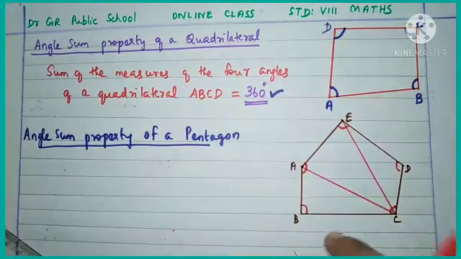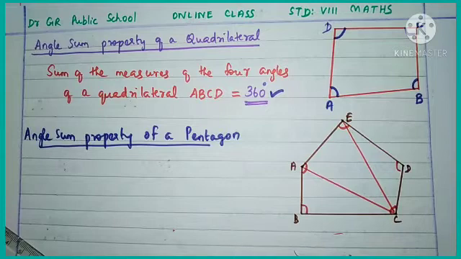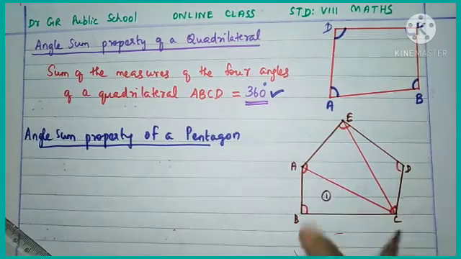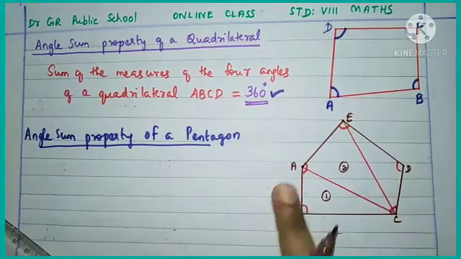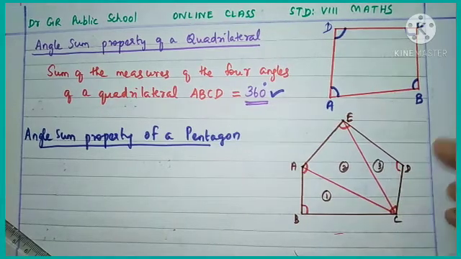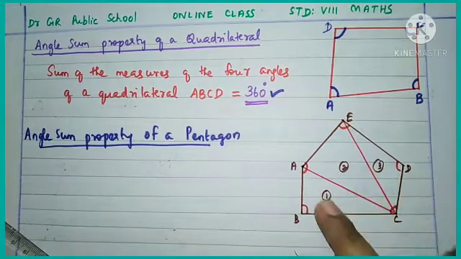Okay, so when I joined these two line segments, how many triangles did I get? Yes, this is the first triangle. What is the name? ABC. This is the second triangle. What is the name? ACE. And what is this third triangle? CDE. So there are 3 triangles formed when I joined this